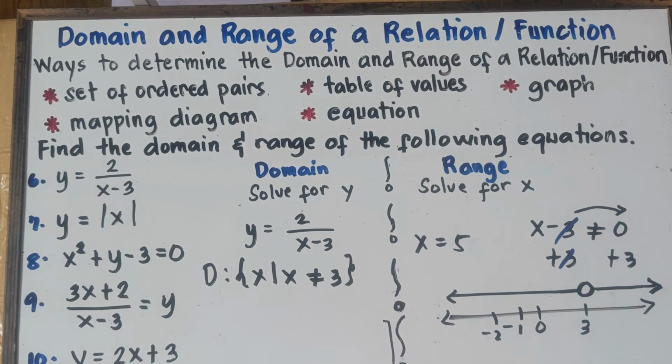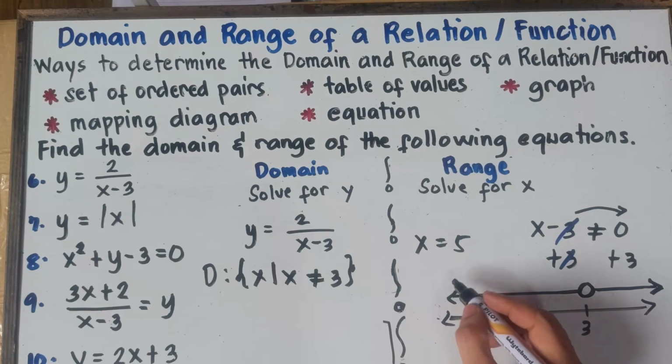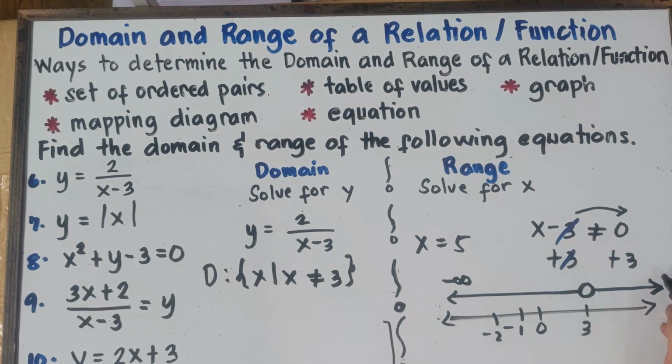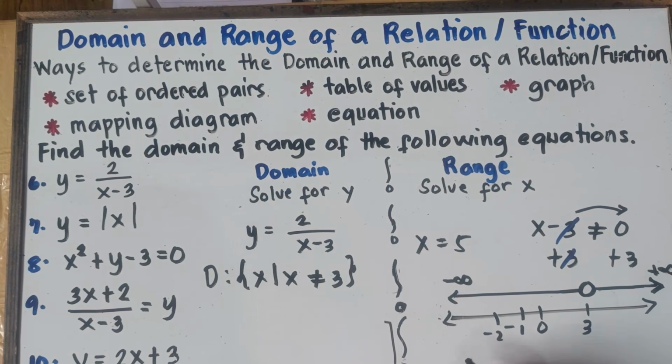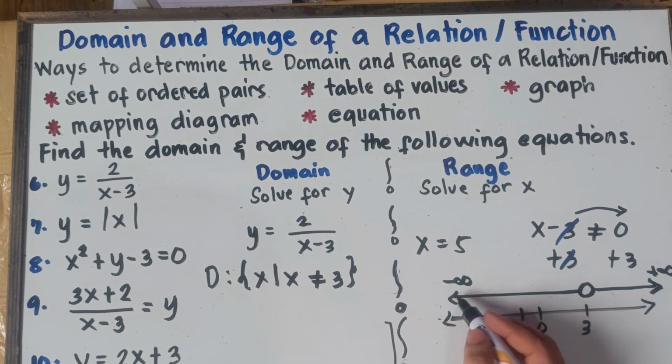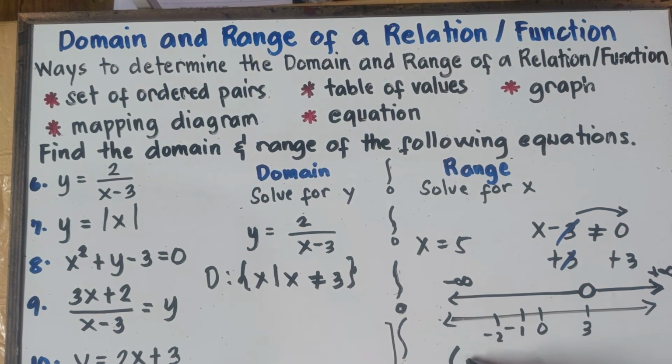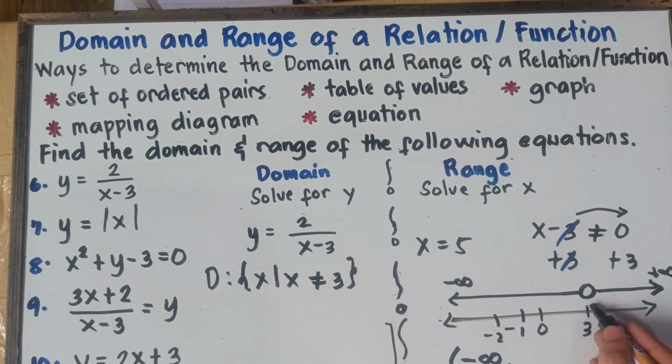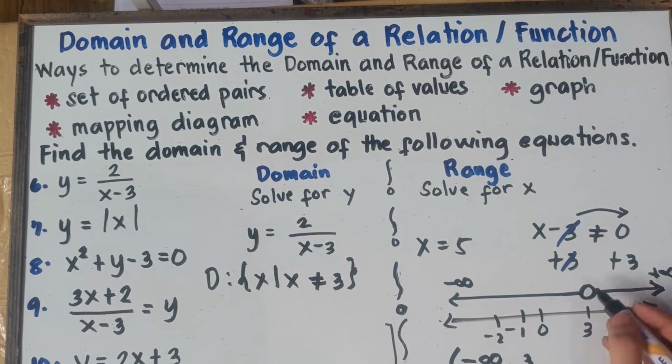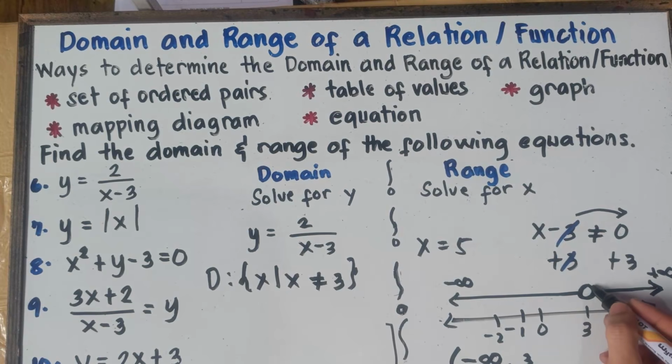So for interval notation, you start at the left. You have two solution sets. You start at the left, so that would be negative infinity, and then positive infinity. If it's infinity, you always use parentheses. That would be parentheses, negative infinity, comma, up to positive 3. Now, 3 is not included. We have an open circle.